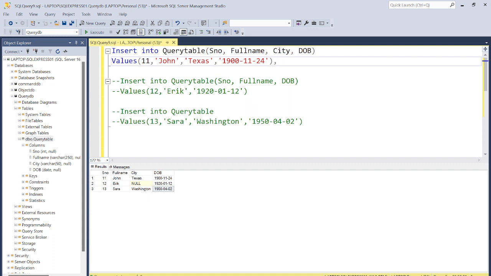You're just going to give a comma after this record and open the bracket. Let's say here I'm going to enter the 14th record, Sana, let it be Texas,